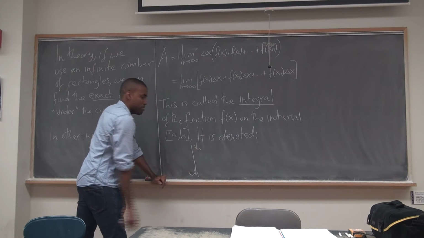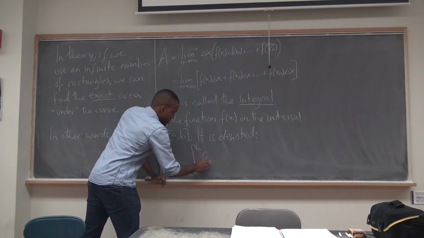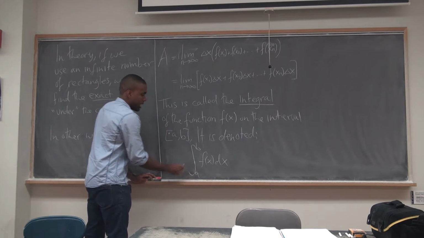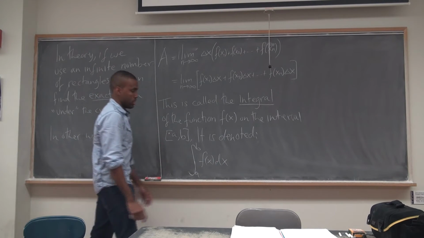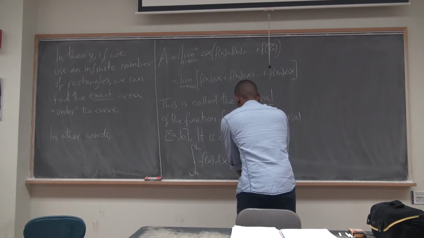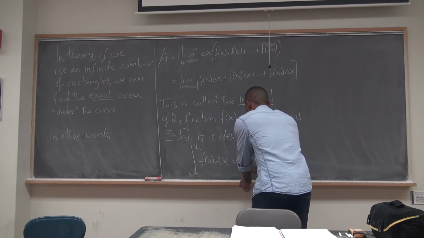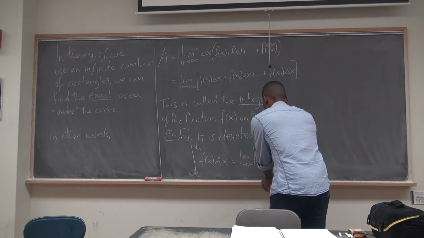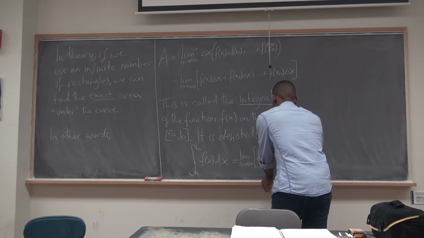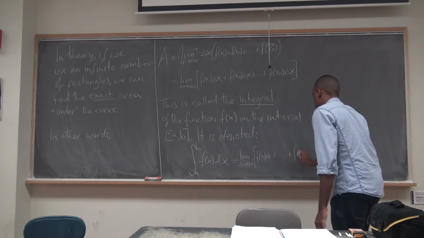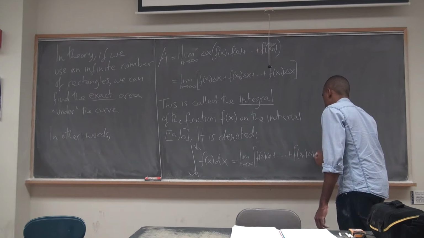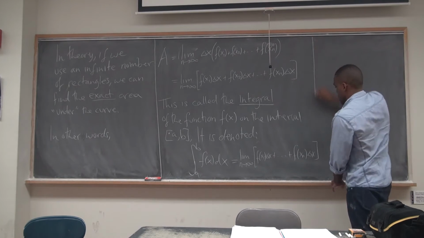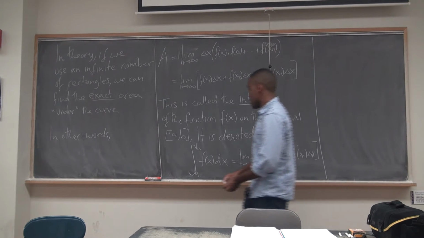And there's an a to the b, and then you write the function f of x down here, and put dx at the end. That is the notation for the integral. So whenever you see that, it's actually a limit in disguise. It's just the limit of f of x1 times delta x plus blah, blah, blah, all the way down to f of xn times delta x. It's really just a limit in disguise,